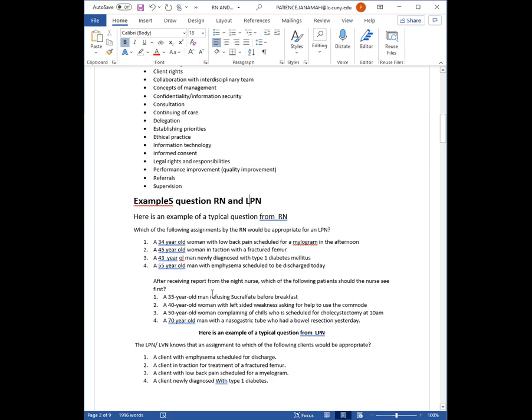I decided to blend them together, and then I just want to read it out. Question number one, which of the following assignments by the RN would be appropriate for an LPN? Which of the following assignments by the RN to the LPN will be most appropriate? I want you guys to answer this question for me. Okay, so for this question, I want Gertrude to answer. Gertrude, which one will you pick? I'm not on you today too much, but